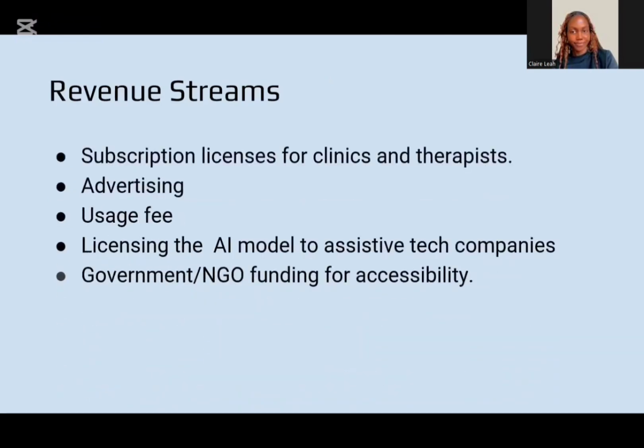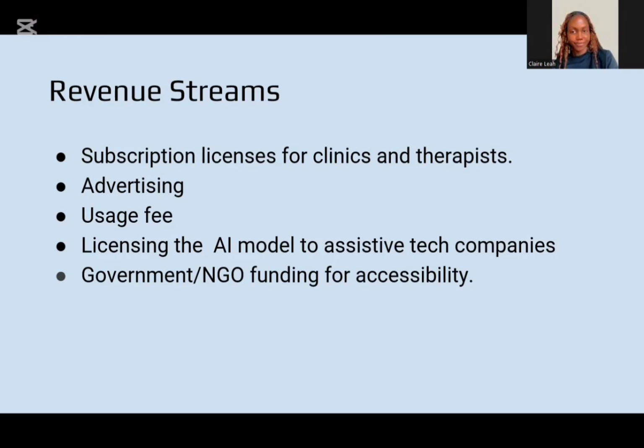And our main revenue streams are through subscription licenses for the clinics and the therapists, and also advertising. Whenever someone is using our app, there are some advertisements.